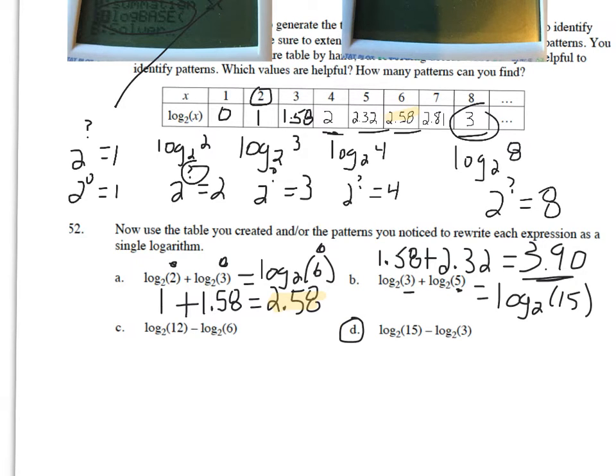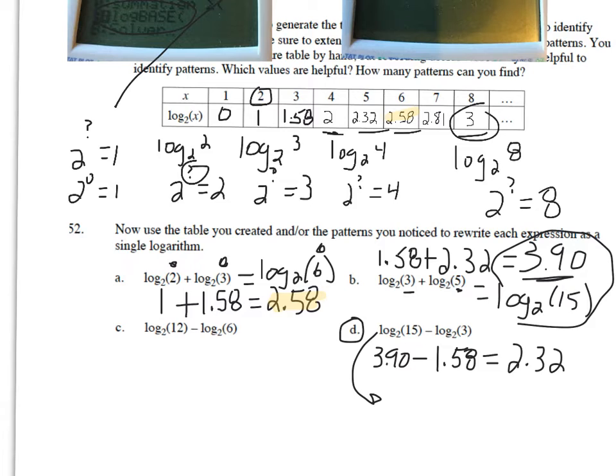Let's jump down and do D. Log base 2 of 15, which we just verified over here, is 3.90, minus the log base 2 of 3, which we know is 1.58, has to equal 2.32, which means if I take the log base 2 of 15 minus the log base 2 of 3, what I'm really doing is taking the log base 2 of 15 divided by 3, which is really the log base 2